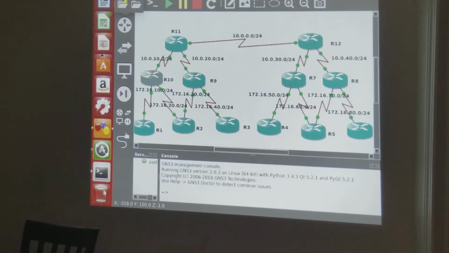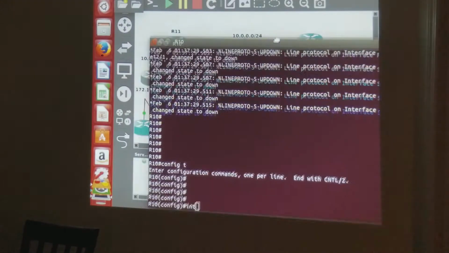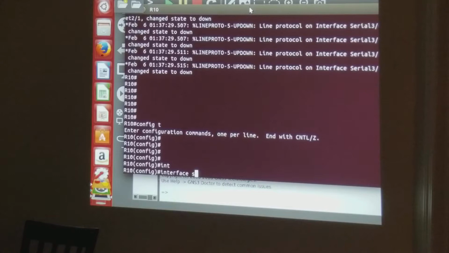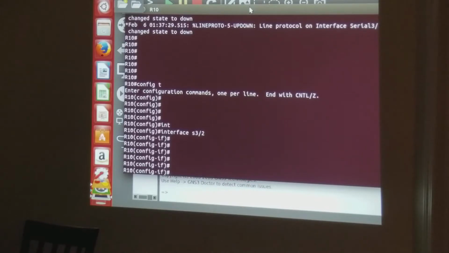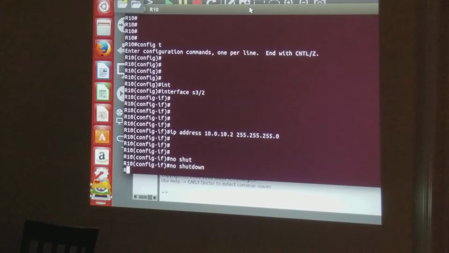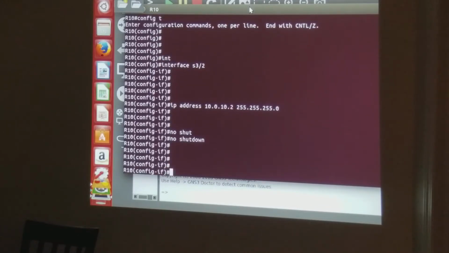So when you go back to the router, you go on the app interface first. So interface serial, you shorten it for S, 3/2, since it is the app interface. So you assign it IP address. You say it is 10.0.10.2, and it is /24. So you assign subnet mask, and you do a no shut so that you don't have to come back and do it like we did before. And then you go to the other interface,